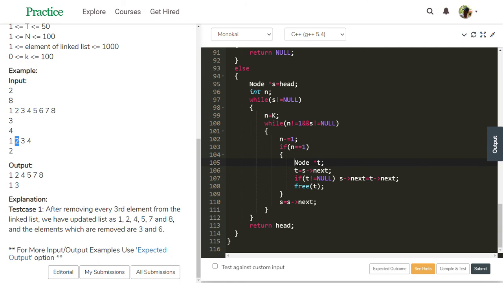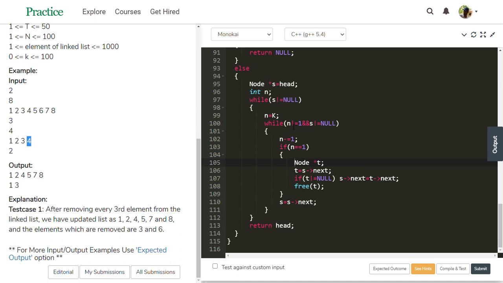Then an additional temporary node, Node star t equal to s next, t is pointing to 4 now. If t not equal to null, it is true. s next equal to t next. t next is null, so s next is null now. Free t, the node it points to becomes free. s equal to s next, s is null now.